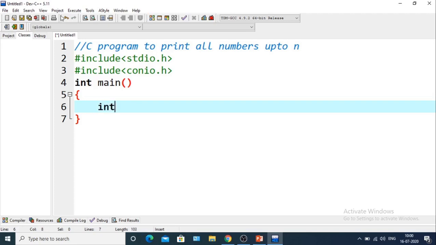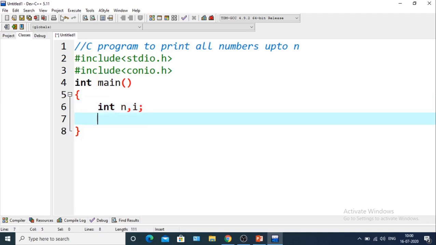So we'll take the variables n and i. Now we will take the value of n. So printf, \n. This \n is the new line character. If we give \n, then it will print from the next line. So, enter the value of n.